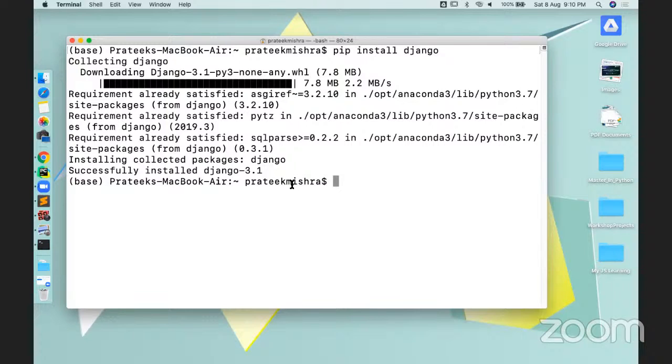So I suggest don't go for updating the pip, right? I will not suggest you go for updating the pip. Even if you can use pip install update pip, you don't have to update. Okay. Now, what I'm doing here, guys,